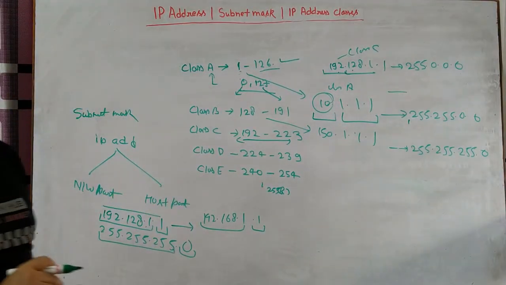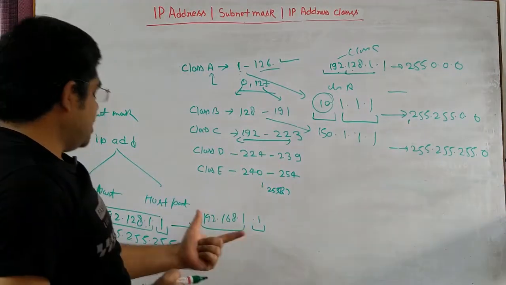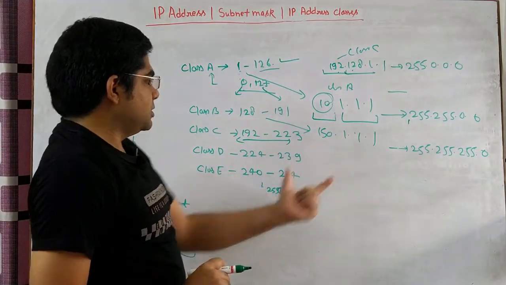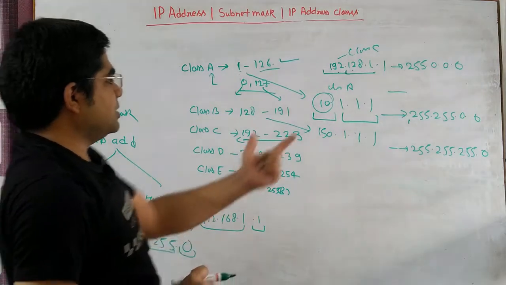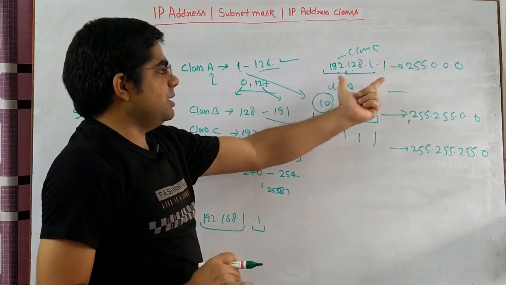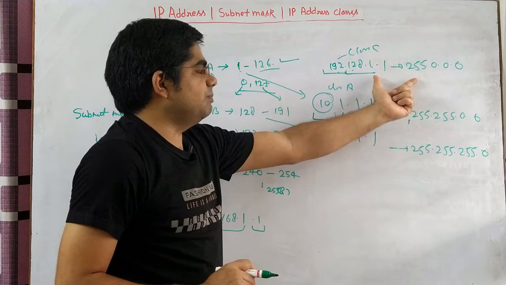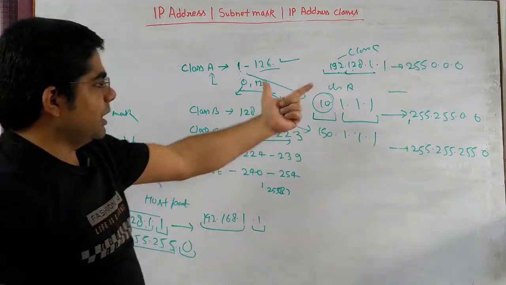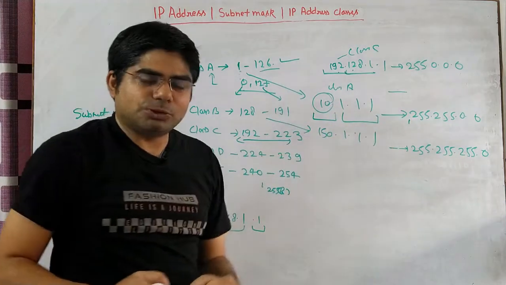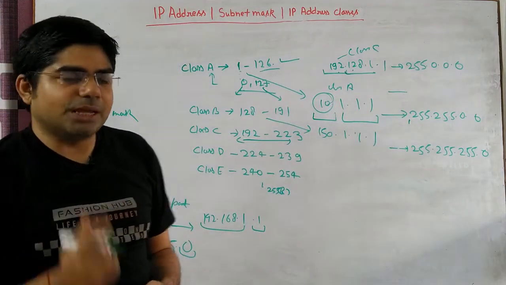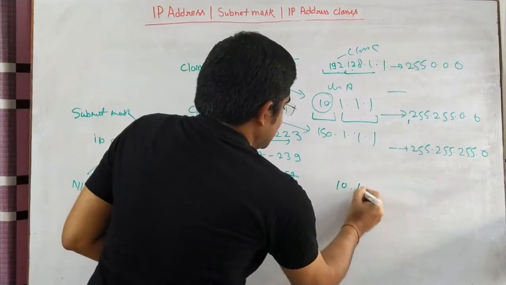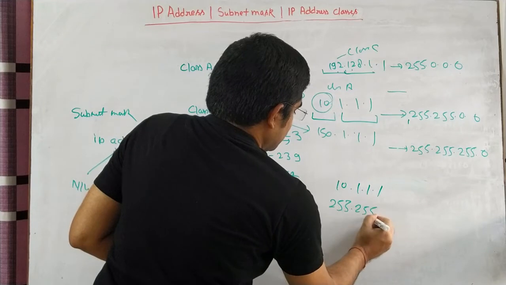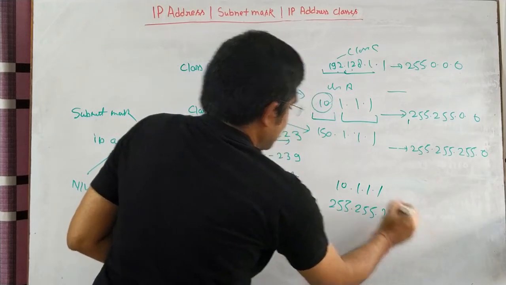When we take up subnetting, I will explain what the use of this subnet mask actually is. By default, these addresses we can define simply, and there is no need to explain the subnet mask, because class A will be 255.0.0.0. But when you are doing subnetting, your IP address could be like this and your subnet mask would be like this.